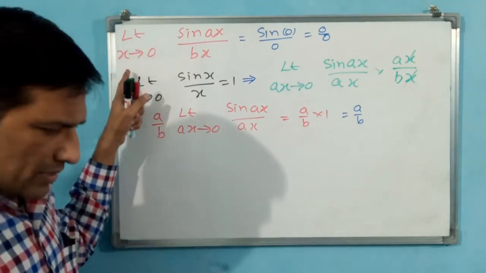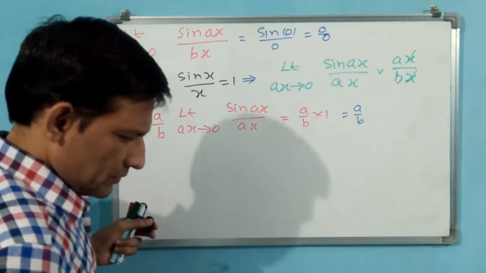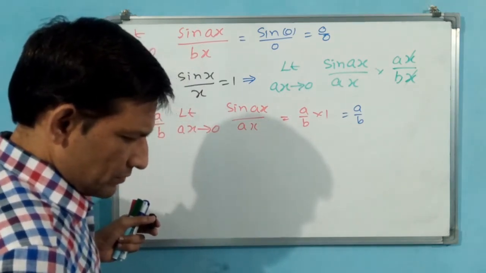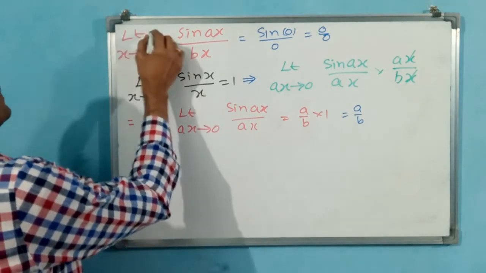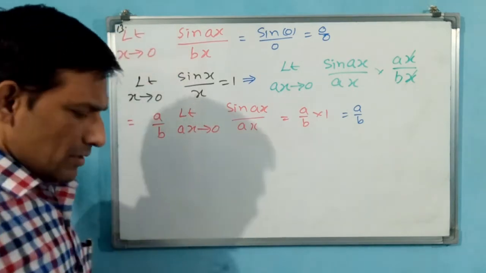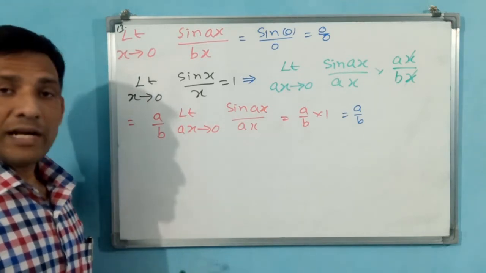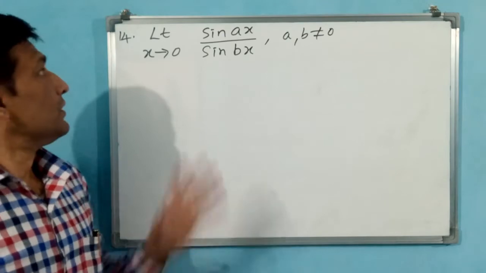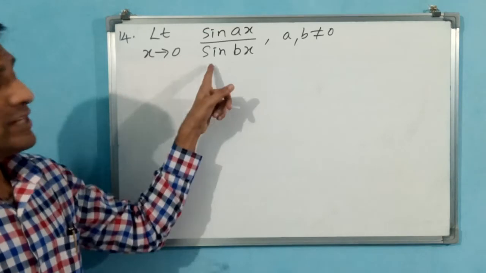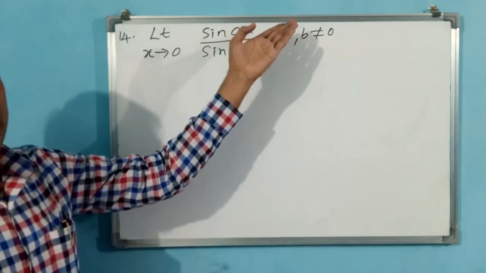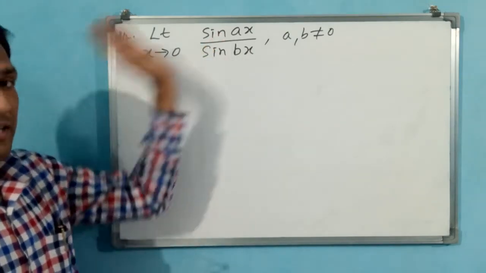I think I have not given the question number. This is 13th question. You take this as 13th question. Let us go for 14th question. See, 14th question. Like 13 only, just a little bit of change you have to make. Here you see denominator sin bx is there. That means in the numerator bx has to come. Bx by sin bx, 1 by 1. Why? Because see, this is 1, that is 1.